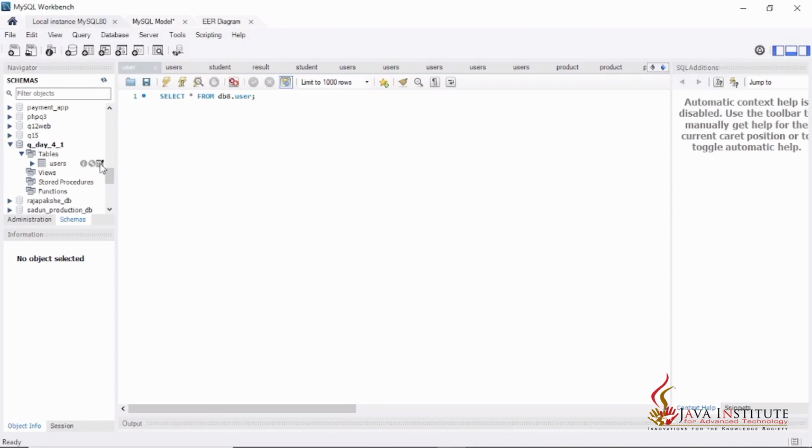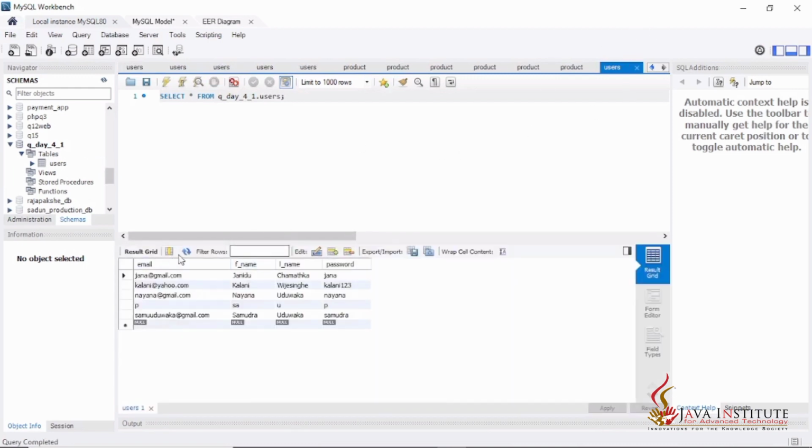This is the users table I have created within that database, and if I reload it, you can see these are the details that I have entered into this users table by using the sign up page in my previous video. So I request you all to watch my previous videos also if you have not watched them already.